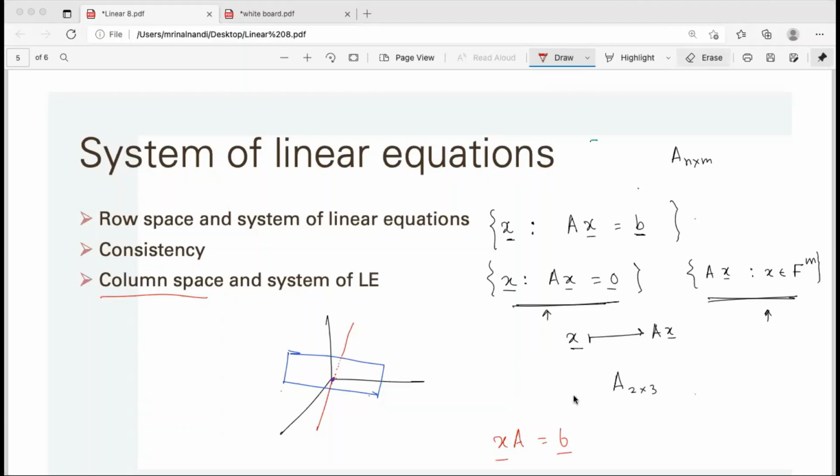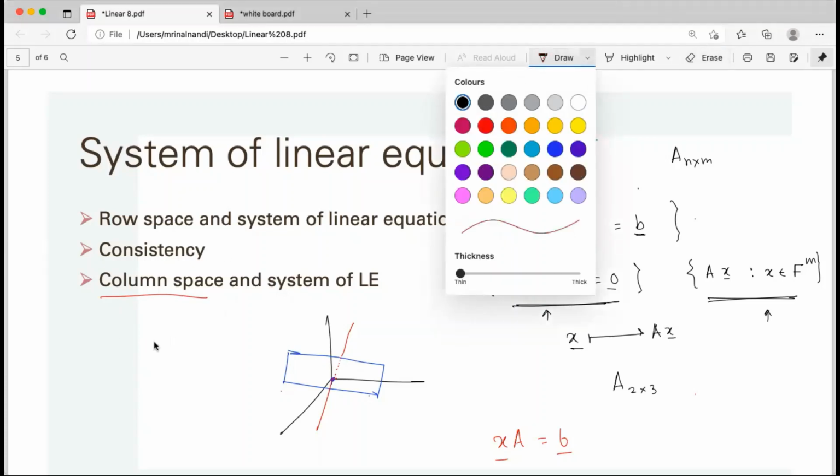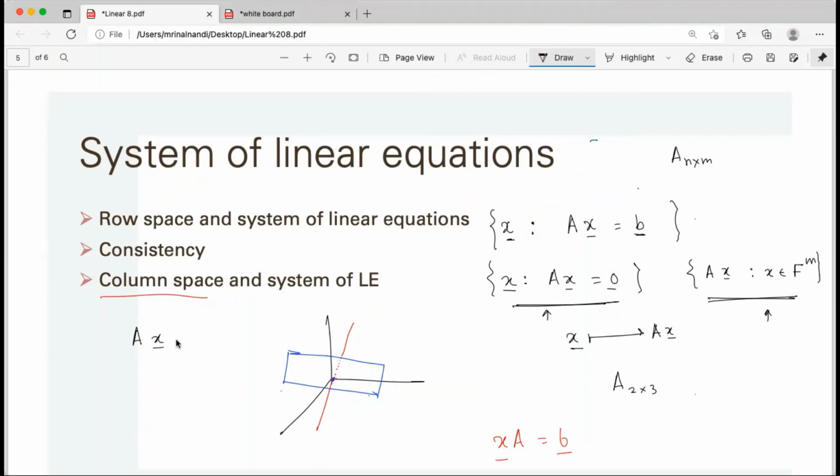So dual, what is the concept of dual? We will go into it later. We will find what the dual is, and what the connection is between the dual space and the double dual. Now the important part is, what about if it is not homogeneous? What about the same matrix but not a homogeneous system?